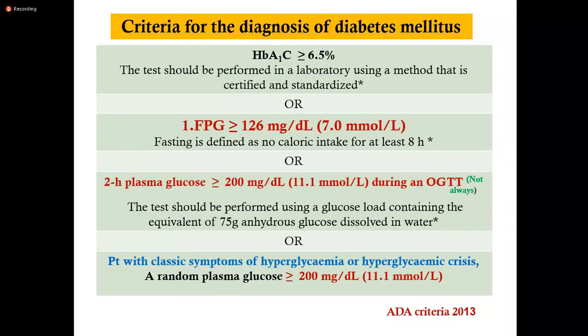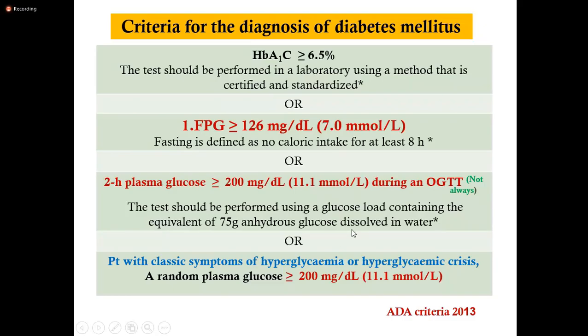That is why I have made this as first. Generally, in local setting, we do fasting plasma glucose in the patient, and then you can do the HbA1c as well. But if it is in a question asked as HbA1c is used in the diagnosis, that is